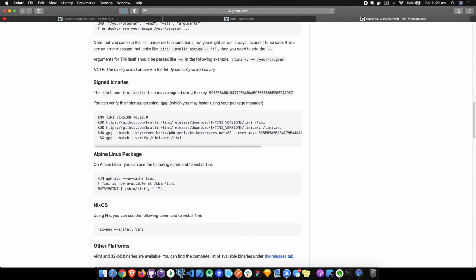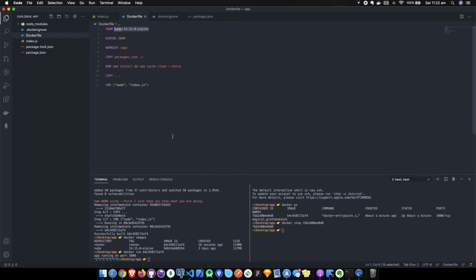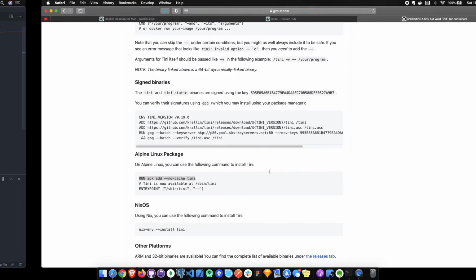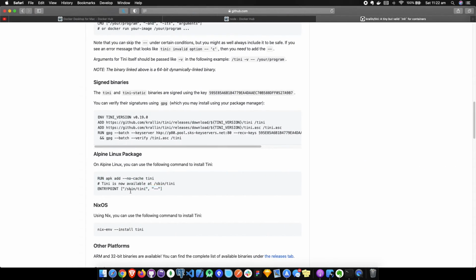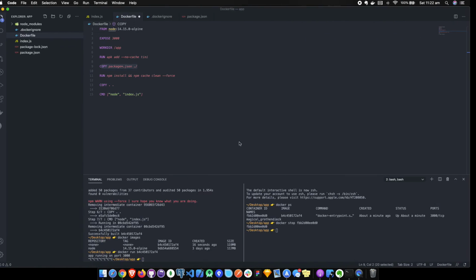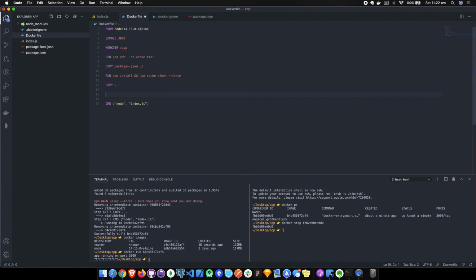So if I just have a look over here, this is going to be the first command that we want, right? And if I remember, it's also good practice to run this command before we copy in our package.json, right? And then this entry point, we want to put it after we've copied everything in,